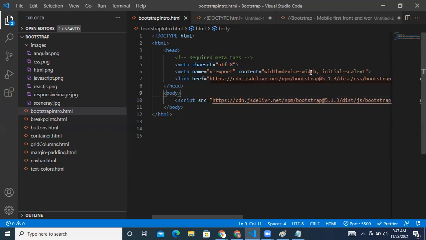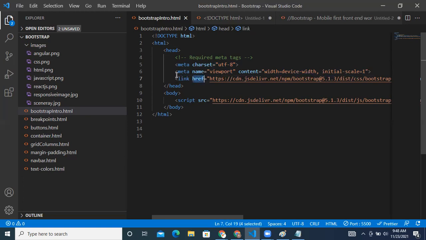So these meta tags will give you the device width, and there is a zoom level. These are mainly for making responsive web design, and it should support all browsers. That is the reason we have to use these meta tags along with Bootstrap for responsive web designs and to support the browsers. Some browsers will not support it, and at that time this meta tag is required. So it's always better practice to use the meta tags in your code.